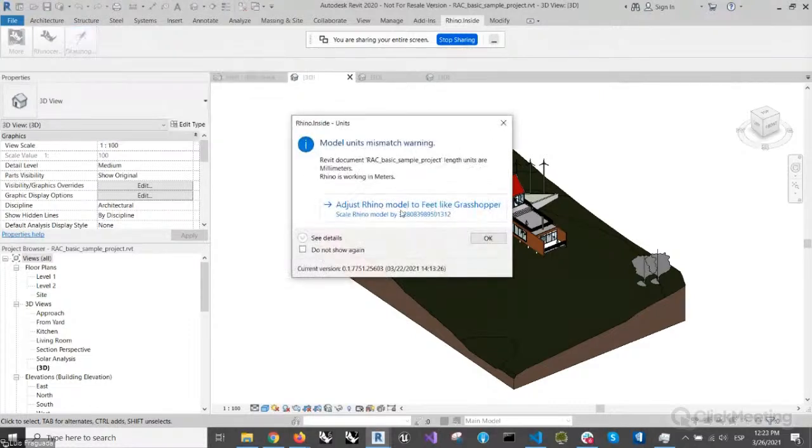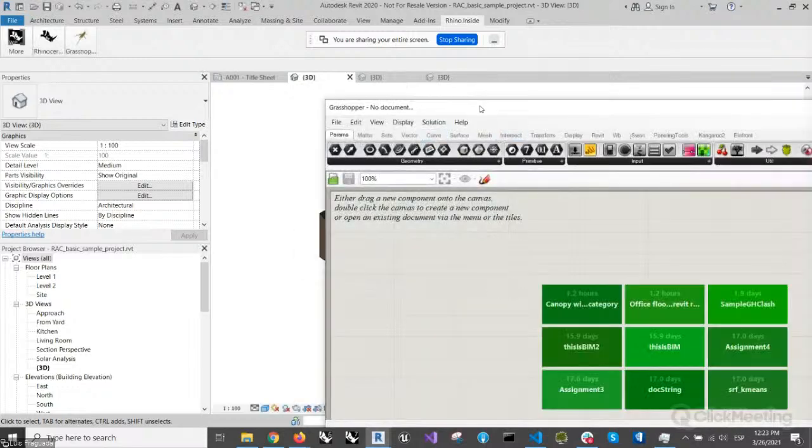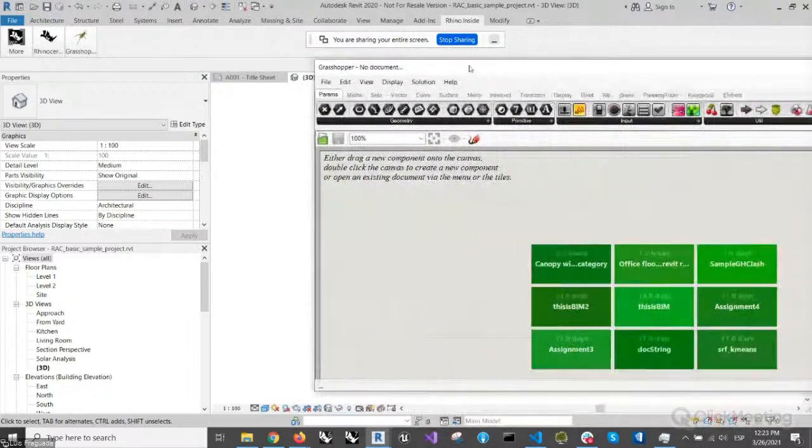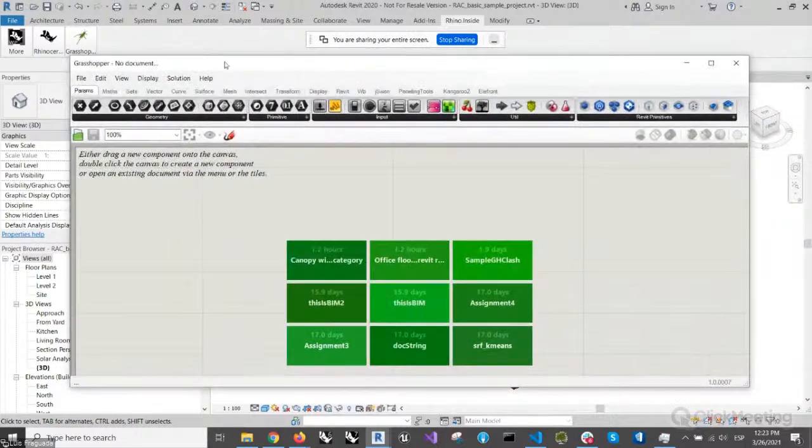Let's see. It's got some units. Okay, adjust model to feed like Grasshopper. Well, let's cancel that out. Let's just continue on. So here, what I want to do is I'm going to look at what Grasshopper actually